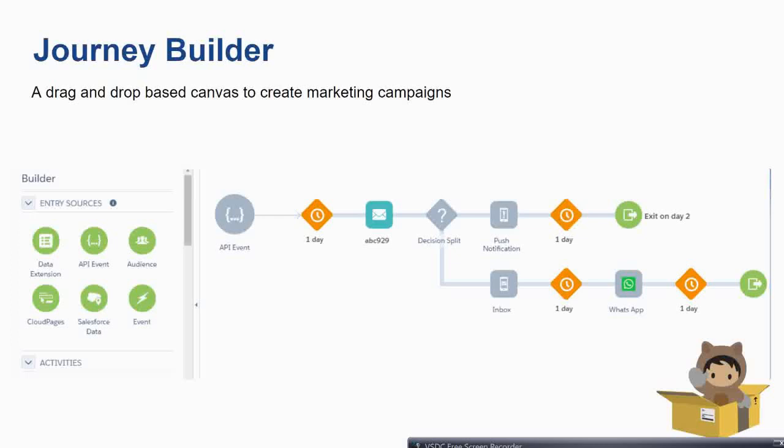For example, if a user clicks and opens the email, so the user has viewed the product, we can take them to the next email where we talk in detail about that product. But if the user has not clicked on the product, our main target will be to send a reminder email so that the user notices the product. Product awareness is very important. For that kind of thing, we use Journey Builder.